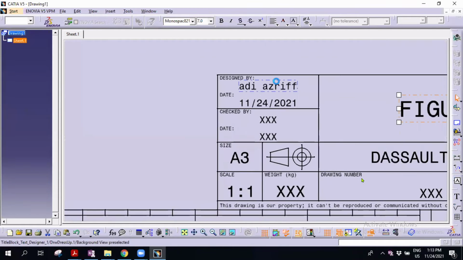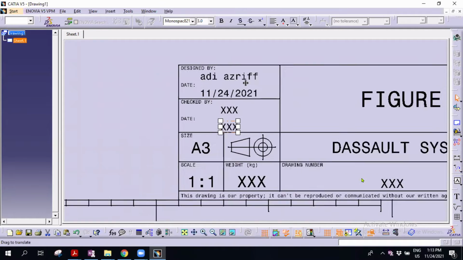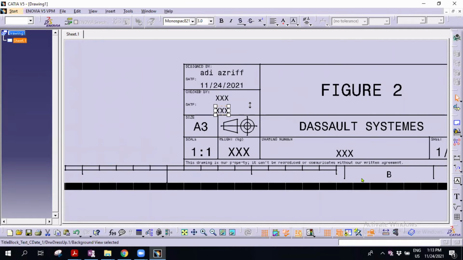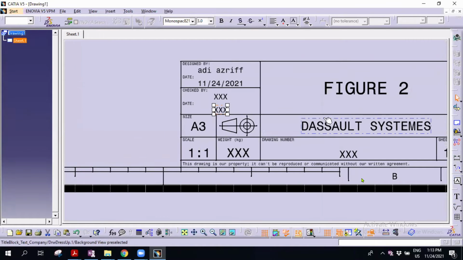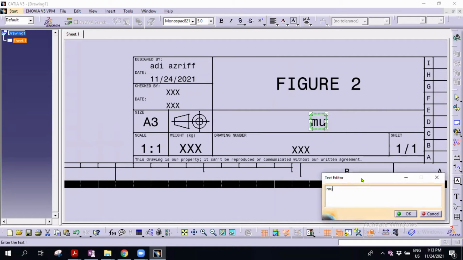Design should be your name, date should be the date. Check by is my name, Dr. Adi, and the date. Normally for you, you put the matrix number here. This is for example figure 2, the title of the main one. This one maybe you can put multi-view.